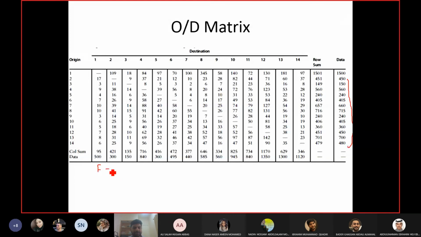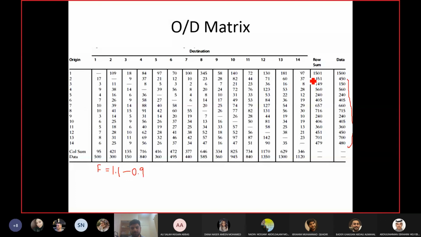Now these F factors, again, I am using the same principle as we discussed in the traffic engineering course. These factors should be between 1.1 and 0.9. All the factors for all the rows and columns should be between these two values. If they are not between these two values, then I will change the values in the matrix using the average of the factor of the row and column. For example, give me the ratio for the first row and the first column.